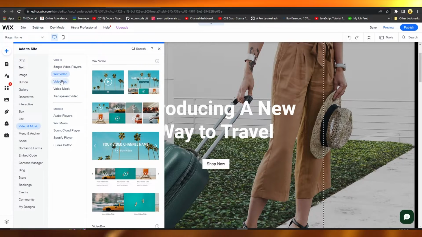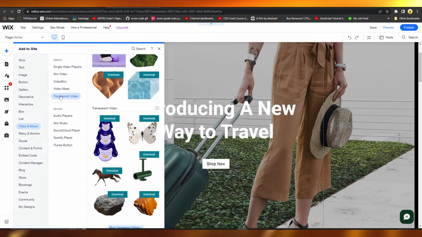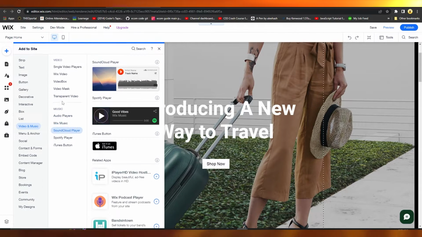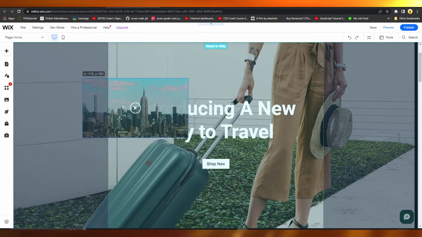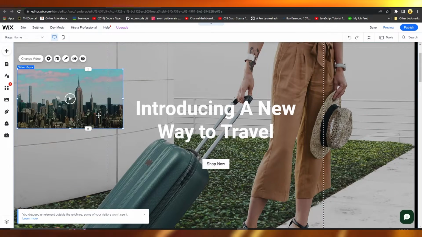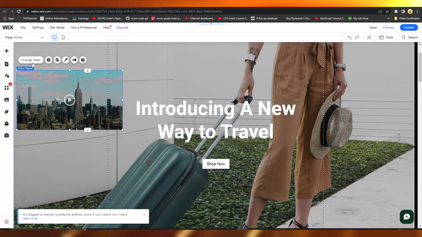After that, simply choose the type of video that you guys want to add. If you want to add audio, video, you guys can add both of these things. So I'm going to click on single video player, and then after that, as soon as I do that, now I'm going to click on this particular option. Now I have the Wix video option with me,